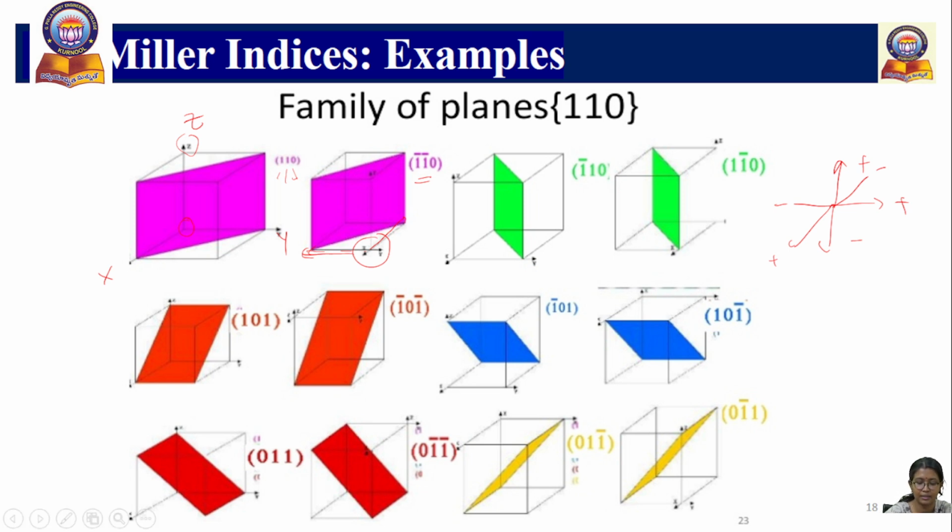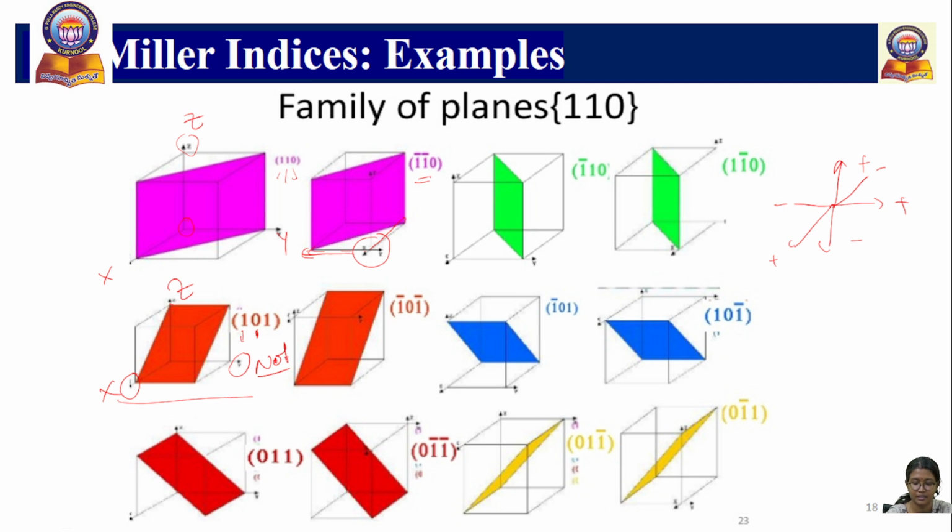Similarly, this second example is 1 0 1, with 0 in the center. We should definitely understand, in the center 0 means it is not cutting Y. First is always about X, second Y, third is Z. So the second one being 0 means it is not cutting Y. You can see here it is not cutting Y. It is cutting at X, and this is cutting at Z,